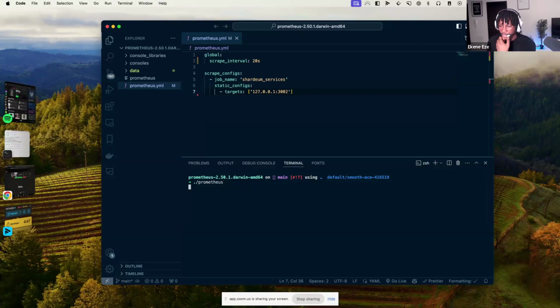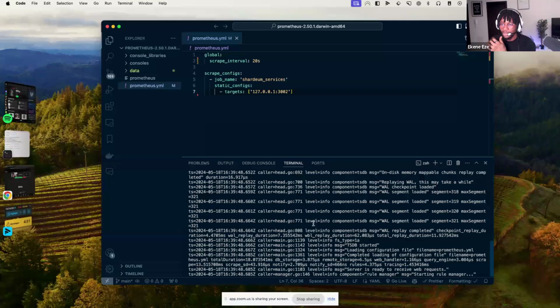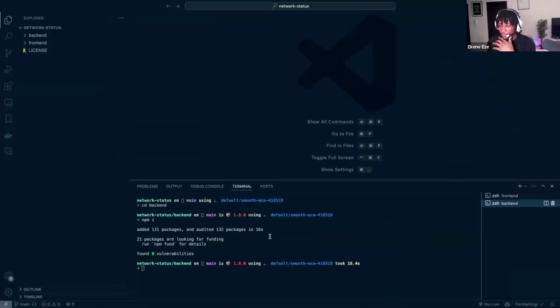So we run that and it should run. So anyone can do this: download Prometheus, extract it from a zip file, open the prometheus.yaml file, put this configuration in there and run that command. That's all it takes. So that's, again, following the documentation.